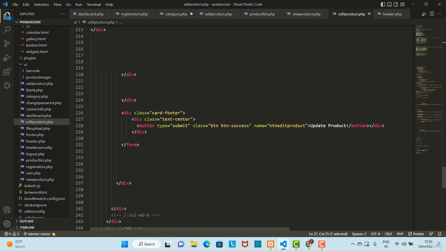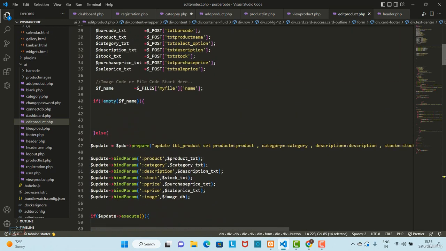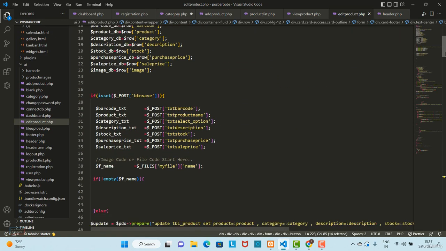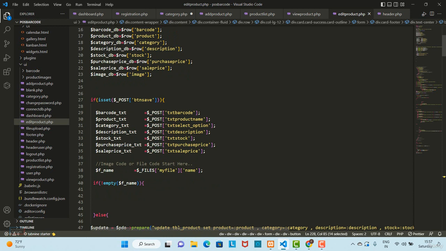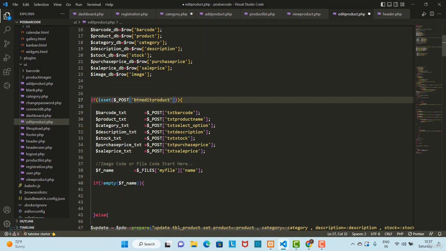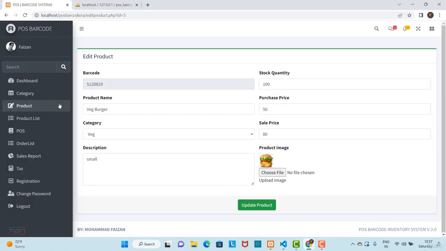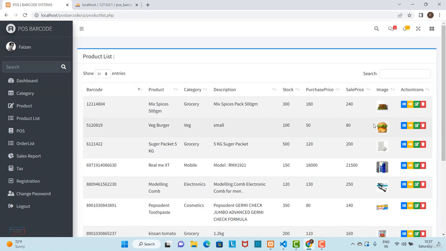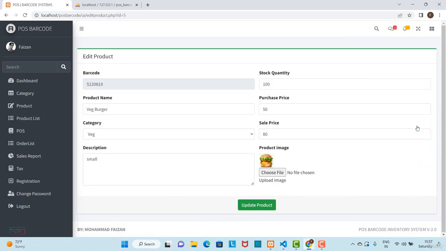Here this is the name attribute of our button, so copy this and we need to tell the name of the button attribute here. Okay, so let's give. Now the button name attribute is btn edit product. Okay, and now let's save and again open our browser, again open product list and again go to edit product